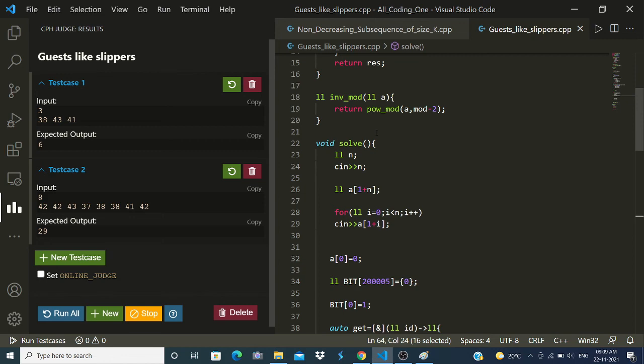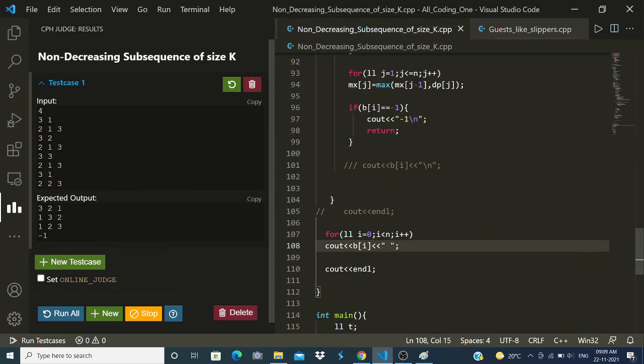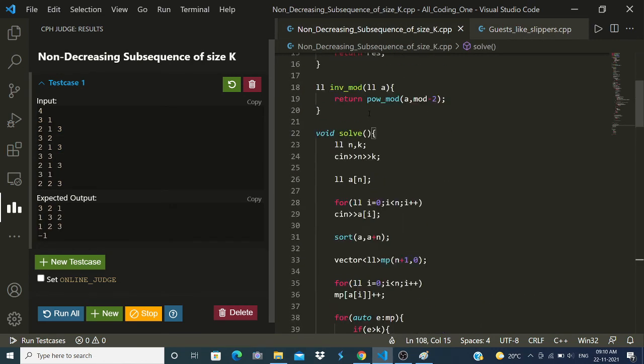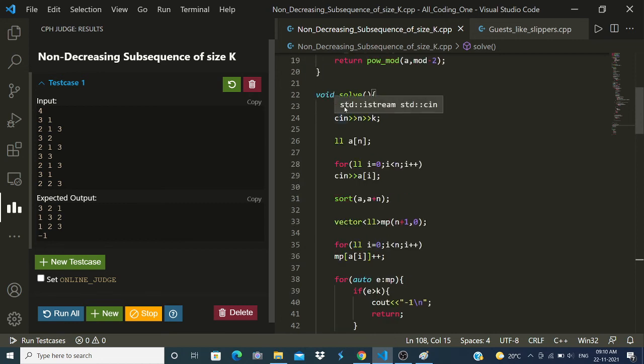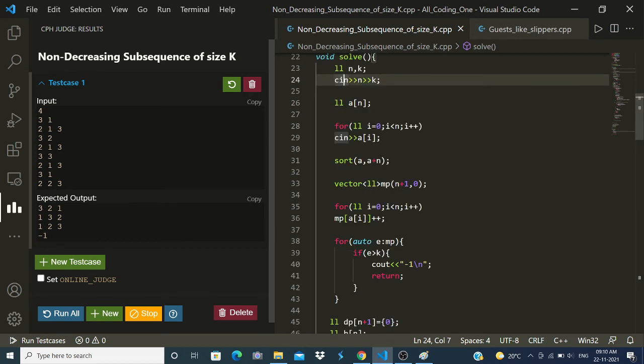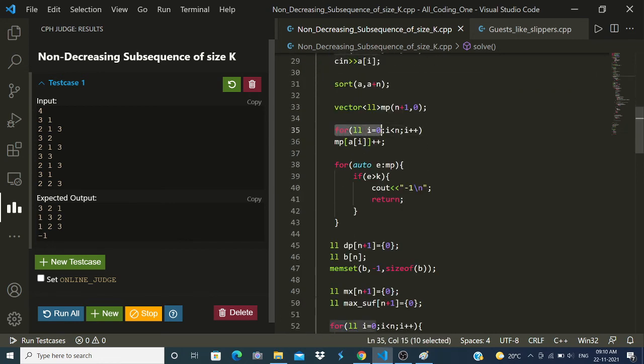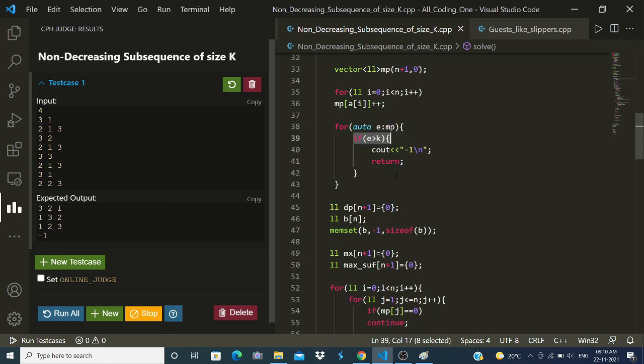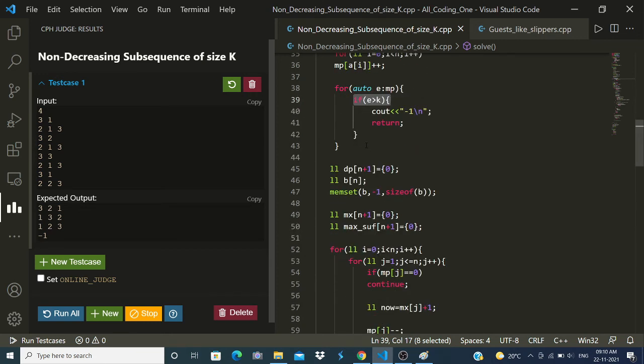This is essentially what I have done here. The first thing is that I took this n and k, and I'm calculating the count of all the elements, and if any of them has a count greater than k, then it's simply -1.